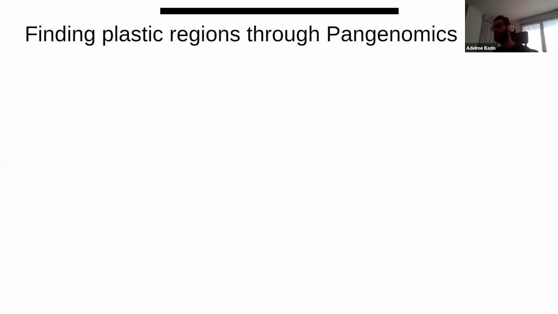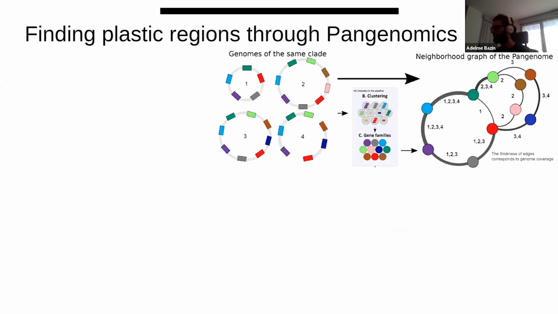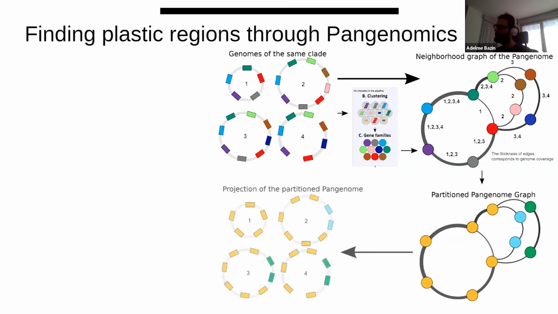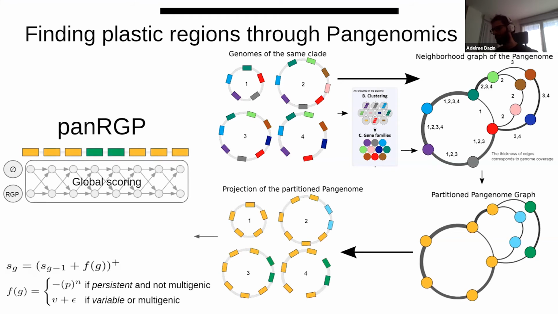The method goes as follows. We use the pangolin pipeline that I introduced earlier. Then we project the partitions on the genes, so we annotate each gene based on the partition of its gene families. Then we compute a score along each of the genomes that we are interested in and want to predict